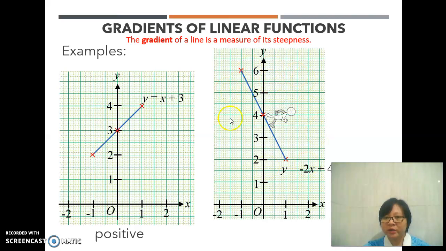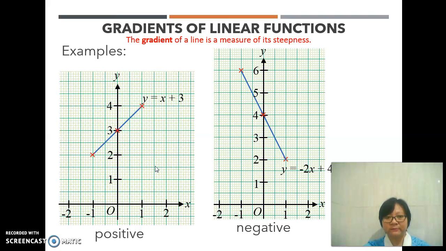So the gradient of the graph on the right has negative value. Okay, so if the graph on the left is positive,